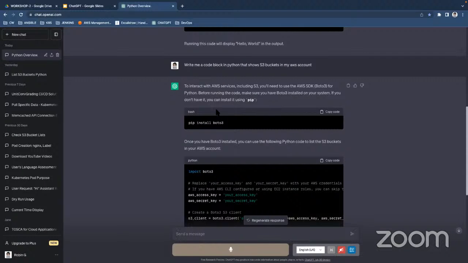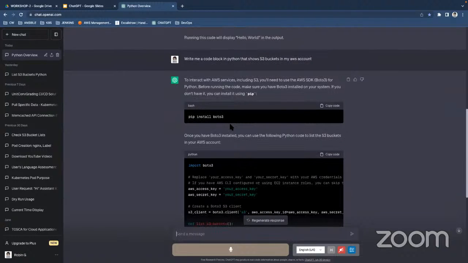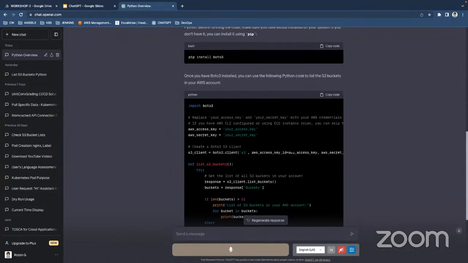First of all, if I want to deploy a simple application or make some application work in my AWS account, I should be installing some libraries, right? So I'm copying this code block here. It's very useful: with only a simple click, you can copy the whole code block.